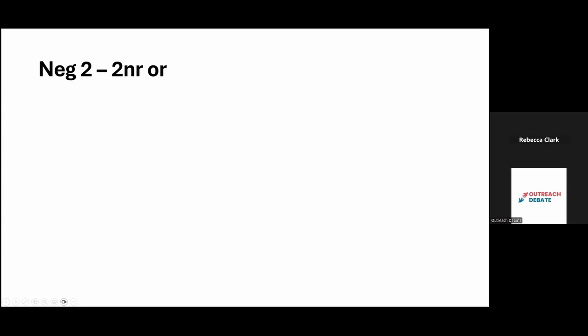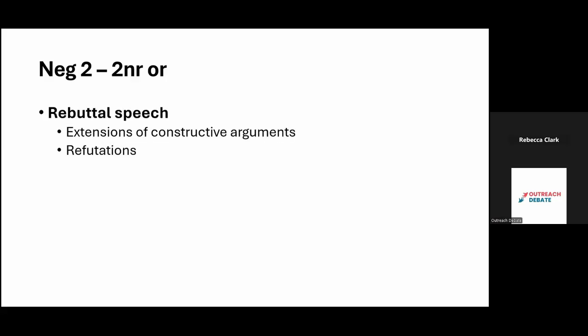Okay, so then the negative has their second and final speech of the round. This is often just called the 2NR. For this negative speech, you're still going to be doing rebuttal, but this is your last time speaking to the judge. Luckily, you have a lot of time. This is a 6-minute speech. So this is a rebuttal speech, and keep in mind that the AFF just gave a short 1AR, responsive to your 1NC that was 7 minutes. If your 1NC was good, and if the 1AR was not perfect, the 1AR probably missed something.